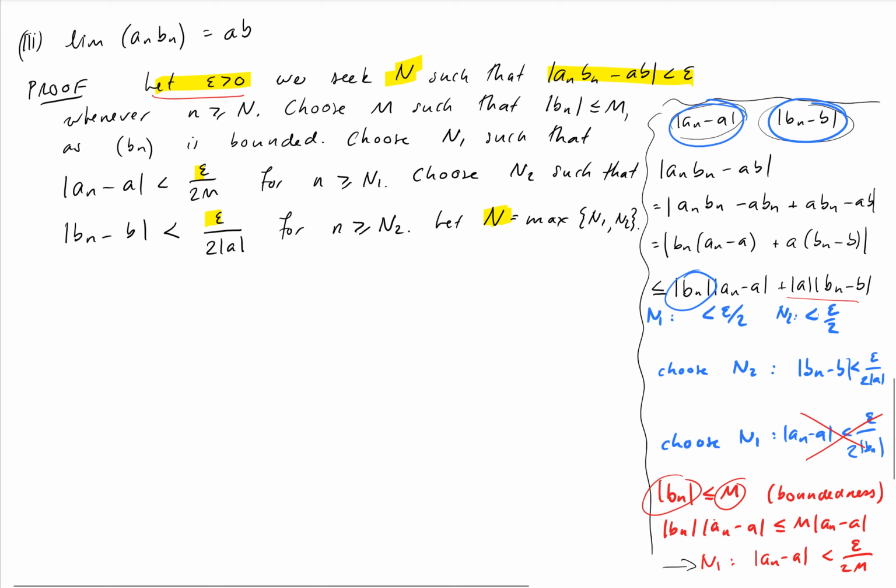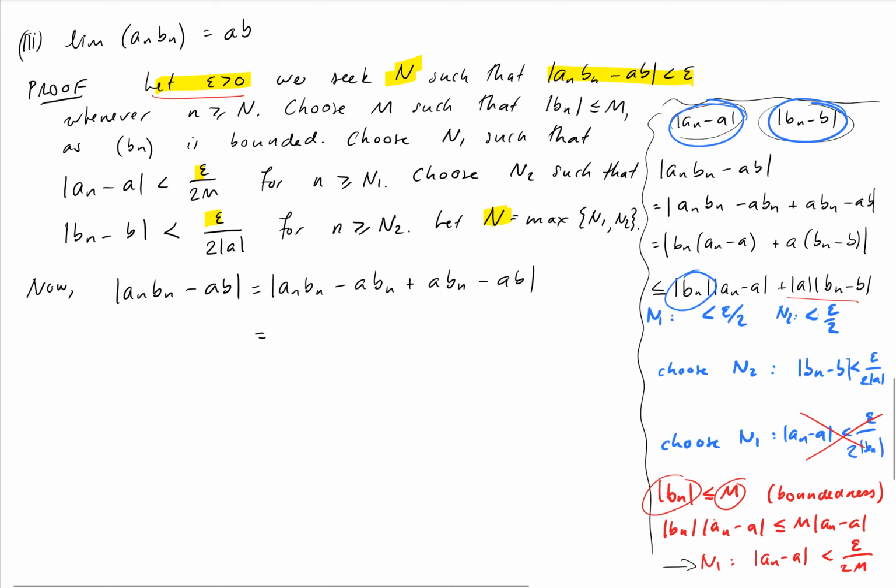Okay, so let's go about doing this now. Saying "now" kind of sounds like we're about to do something important, so that's a good thing to write. Absolute value of a_n b_n minus ab. Just because we did the working on rough paper over here doesn't mean we don't need to repeat it when we actually do a proper proof. Absolute value of a_n b_n minus ab is equal to absolute value of a_n b_n minus a b_n plus a b_n minus ab. Just repeating our working from over there,